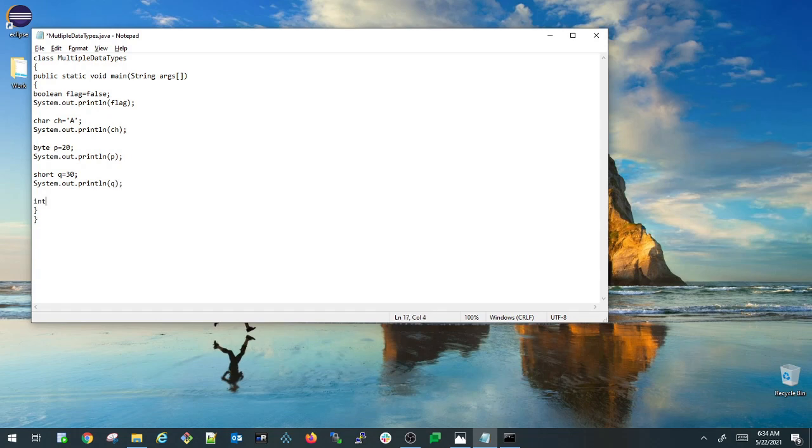So I'm also defining my int variable here, r, and I'm initializing with 40, and I'm just printing the same thing again, system dot out dot println r.